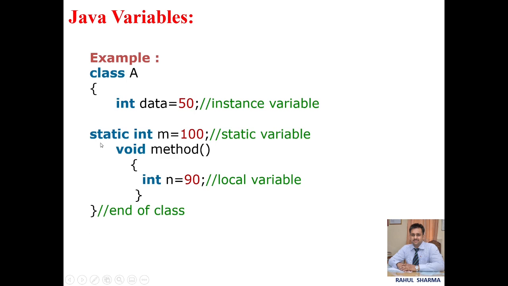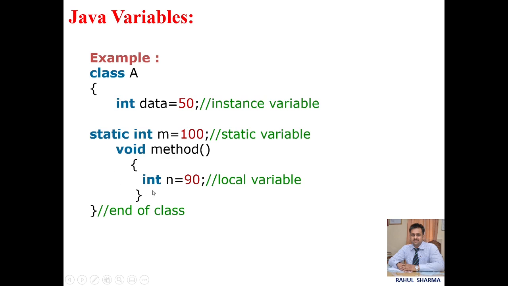After that we have declared a static variable m with the help of this static keyword. So we can declare it inside the class body with the help of this keyword. In this method, that is also known as a function, here in this function named method, we declared one local variable.